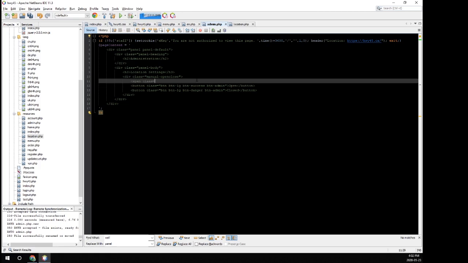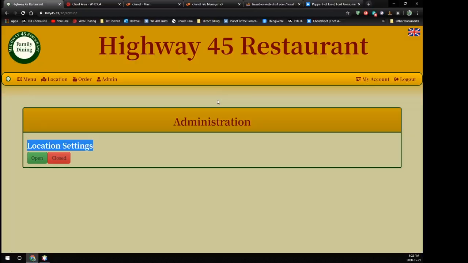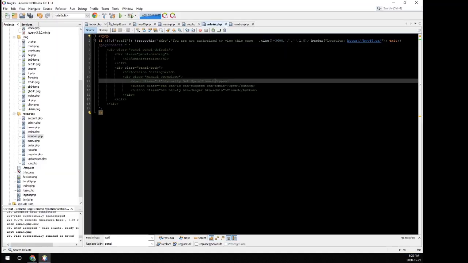Class is equal to h4, span, manually set open closed. And I'm going to give that a colon and $sign